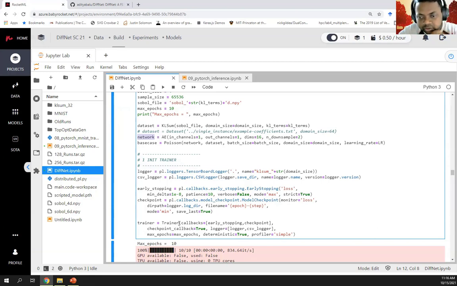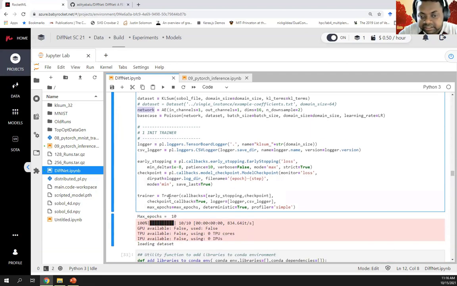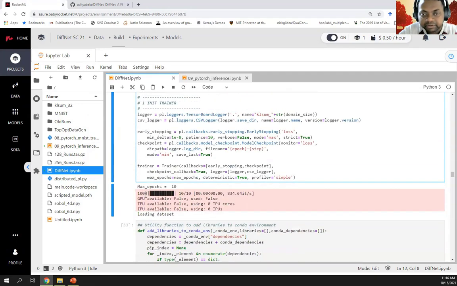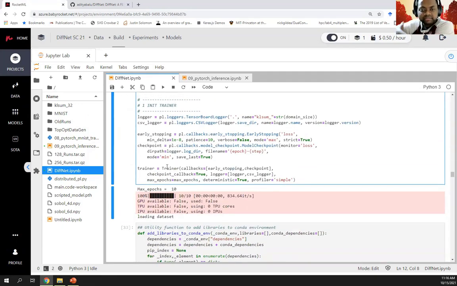All these things go as callbacks and loggers with some max epochs and some other conditions, such as deterministic equal to true and profiler equal to simple, giving us more options for looking at the profiler and other things. Once you define this trainer, we also want to store all the information we are performing here to deploy the model as well. So we not just want to train the model.